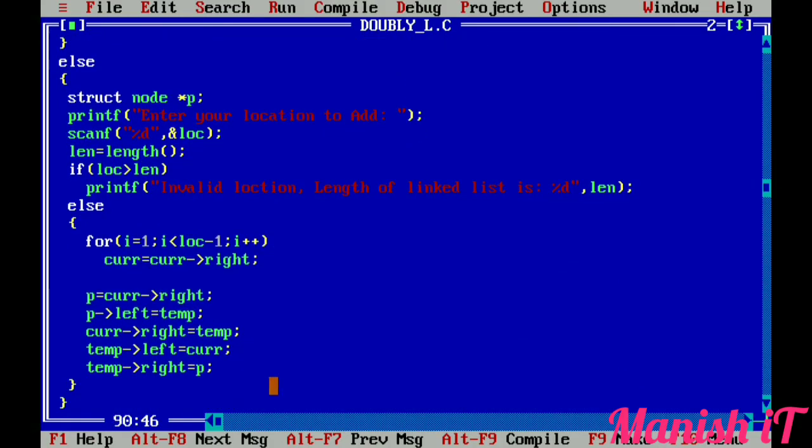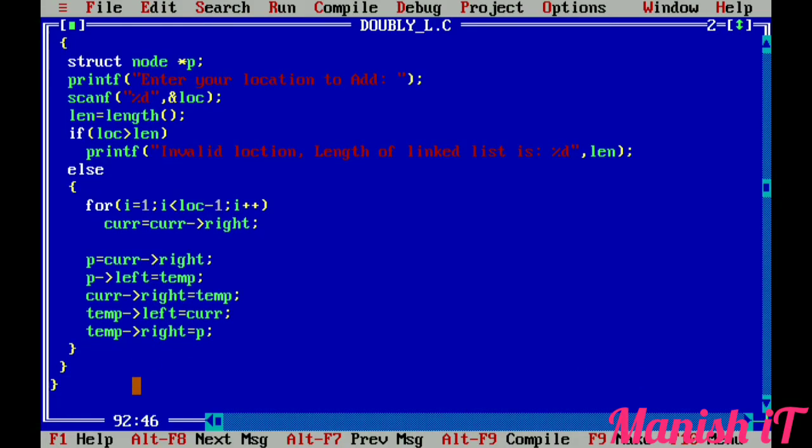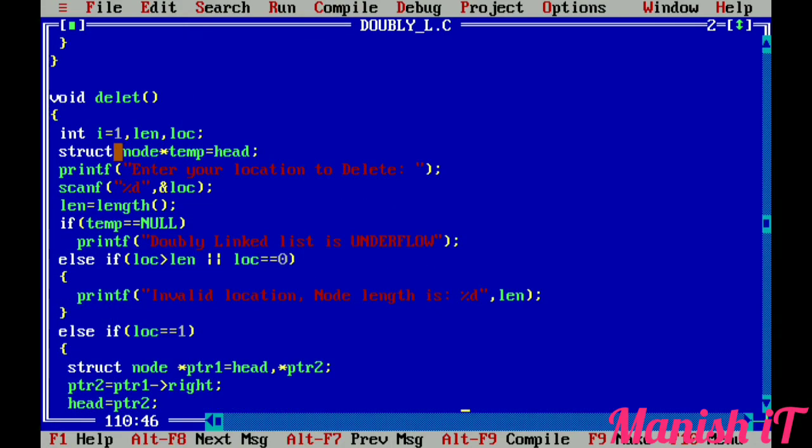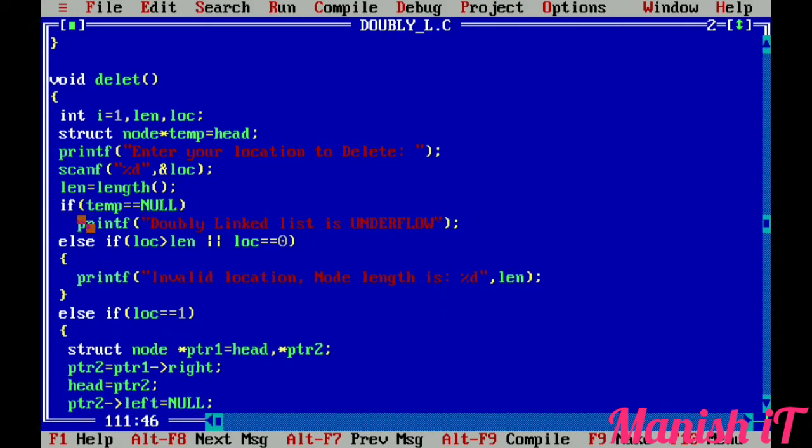Once again, suppose the delete function is called. Here int location, with location equal to 1, and the length is computed here. In the if condition, when there is no node, this part is executed.